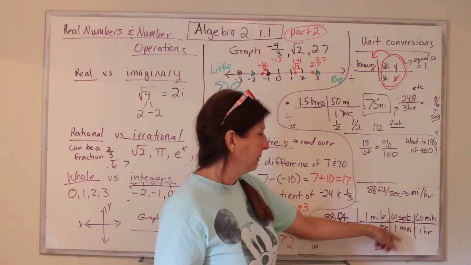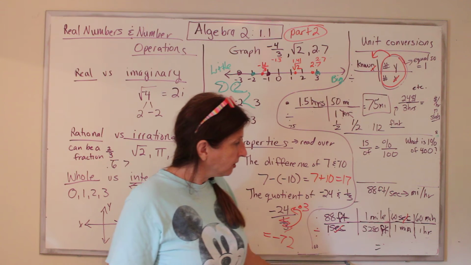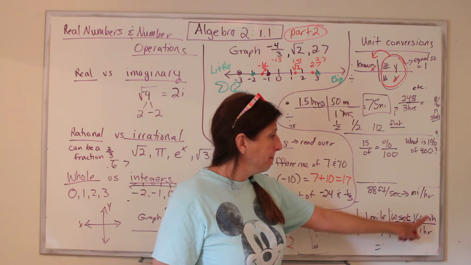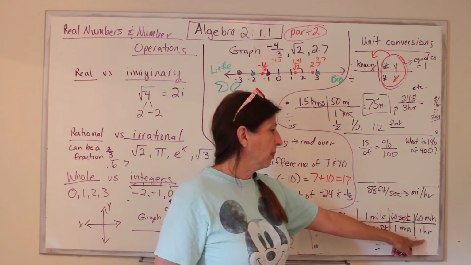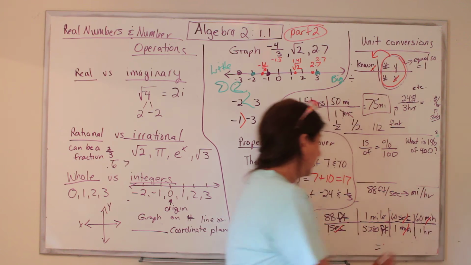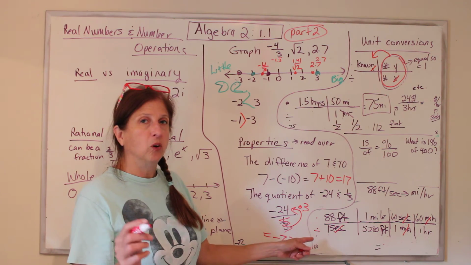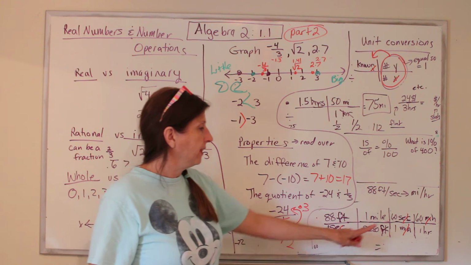Miles per minute, but I'm not supposed to have miles per minute. I'm supposed to have miles per hour. So I put minute in the numerator because I want to cross it out, and I write the relationship. There's 60 minutes in 1 hour. Minutes cancel out. Any number that's not 1 on top gets multiplied, and then hit enter, and then do your